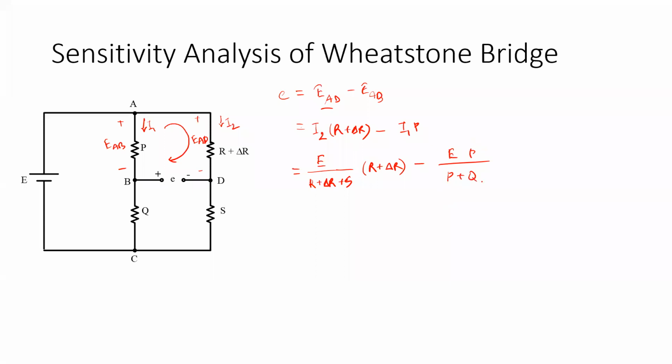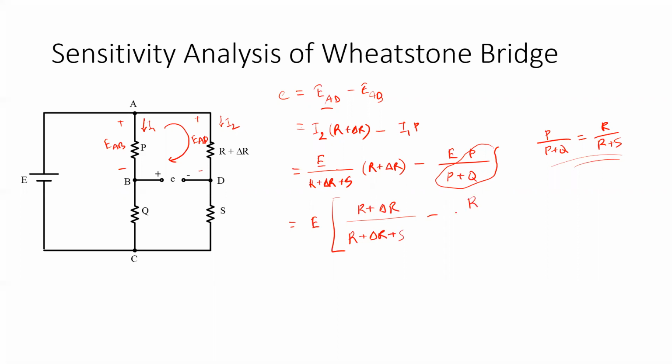Now for this term we can replace P divided by P plus Q by R divided by R plus S that we determined in the case of the balanced condition. Once we do so, we'll be left with this expression, and after further simplifying,